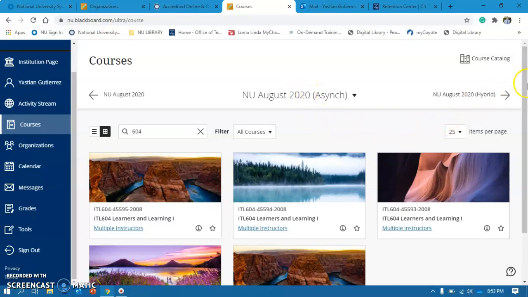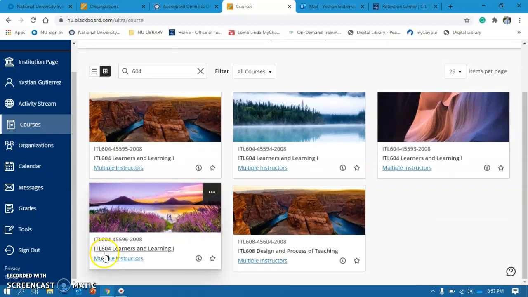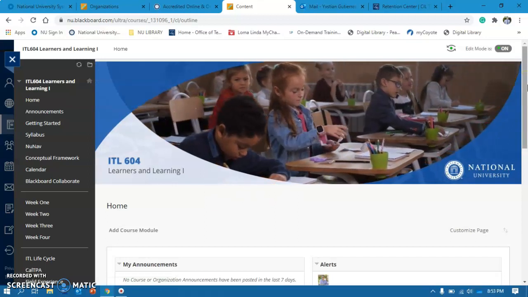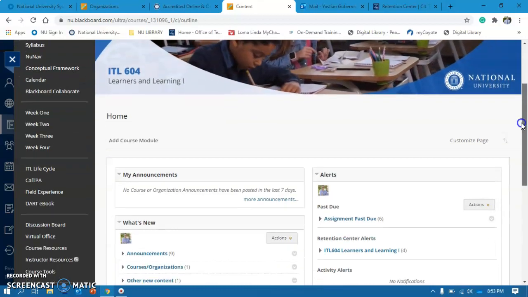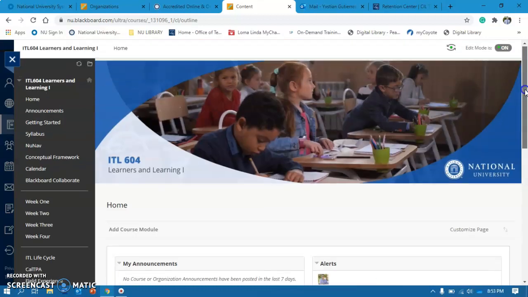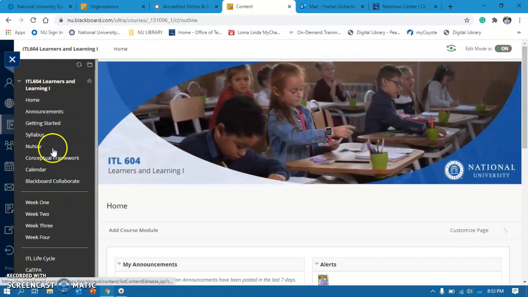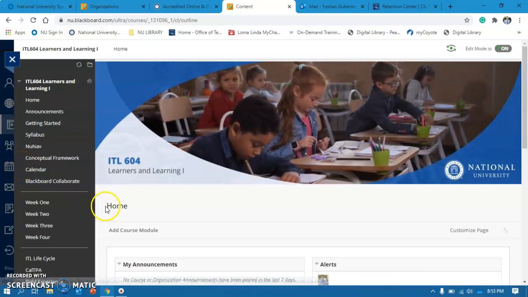course, of course. What we're going to do, for the purposes of this training, is go into a false class here that has various students in it, just so you can see how the Retention Center actually works. All right, so basically the Retention Center is located on the left-hand column. So here's your left-hand column. If you scroll all the way down, we'll go right here